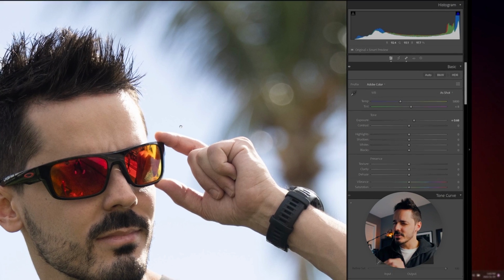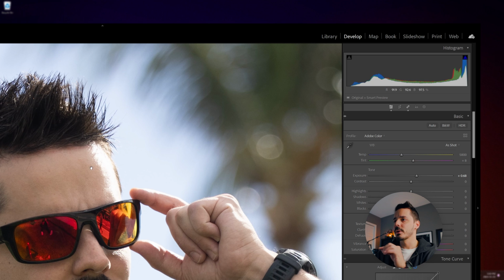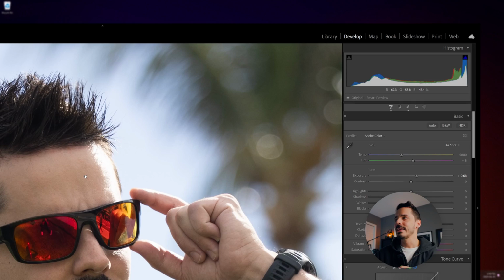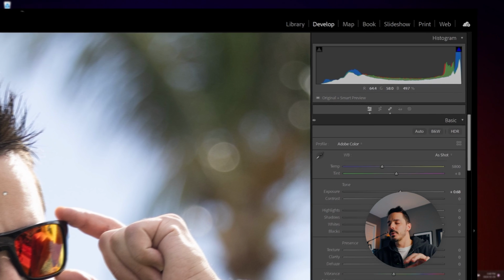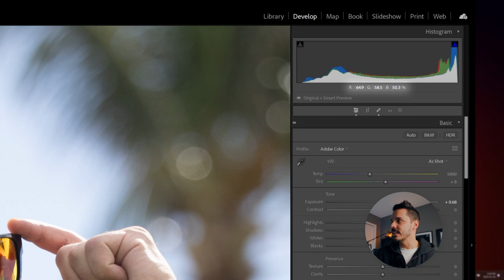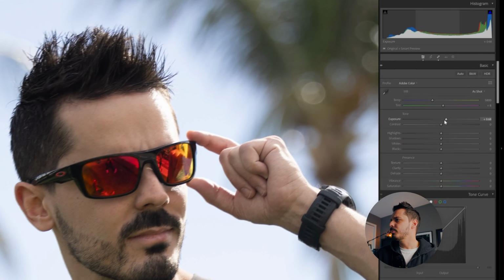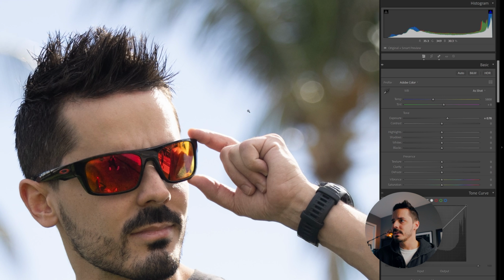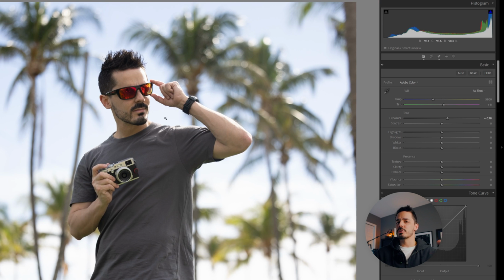But what I'm paying attention to here is the histogram. And when I hover my mouse over any point of my skin, what I'm really looking for is a percentage of about 60, 70, 80%. So that's probably good. I could probably bring it up just a little bit, but now my photo looks washed